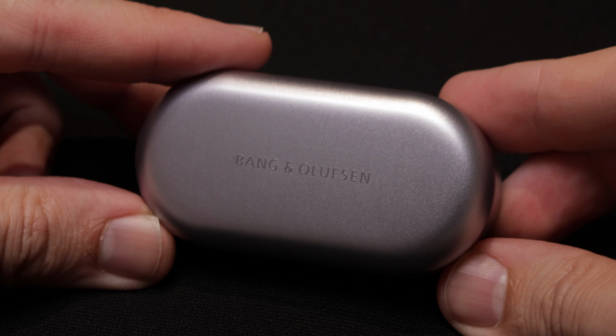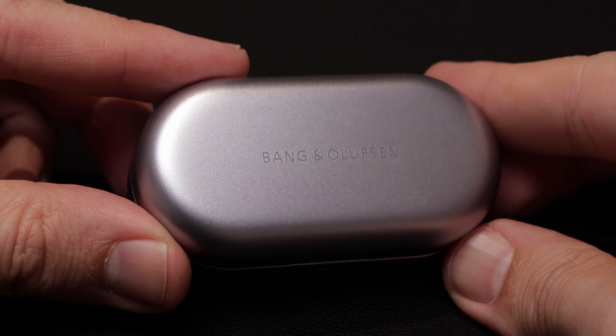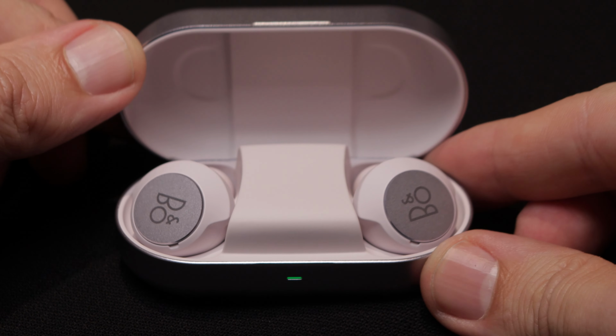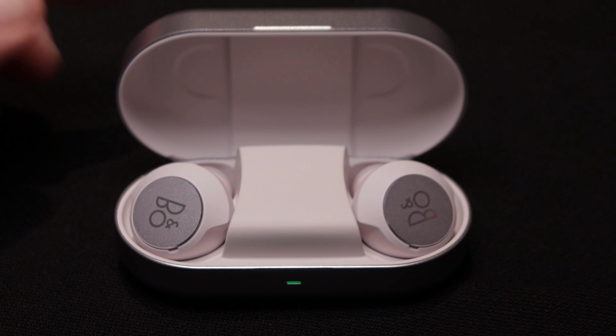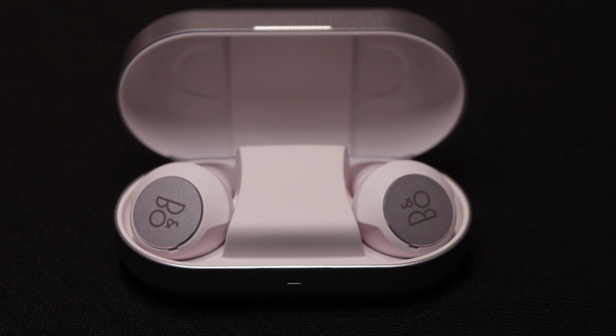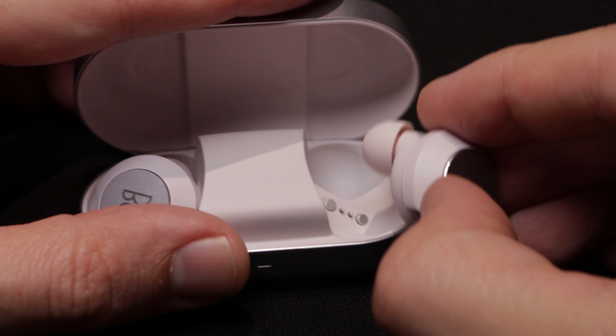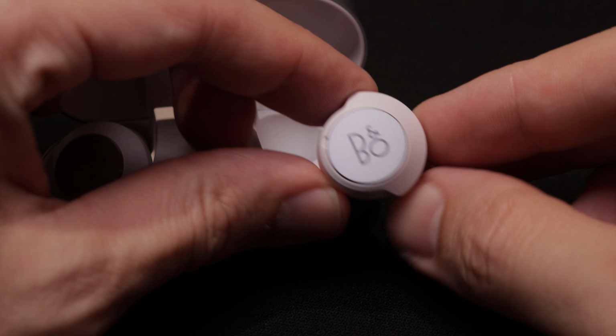So we'll start small and we'll work up to the big stuff. First on the list are the Beoplay EQ truly wireless noise cancelling earphones. They're still in the same spacecraft grade aluminium, no less, but there's a theme that runs through the whole Nordic Ice collection. It's all pearl blasted with this very, very subtle sort of lilac-y tint into the aluminium, and the